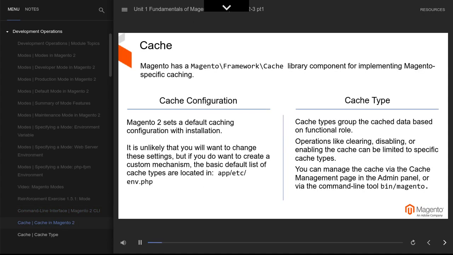Caching in Magento 1 was extending the Zend cache component. In Magento 2, you use the Magento Cache Library component. Magento 2 sets a default caching configuration with installation. It is unlikely you will want to change these settings. But if you do want to create a custom mechanism, the basic default list of cache types is located in